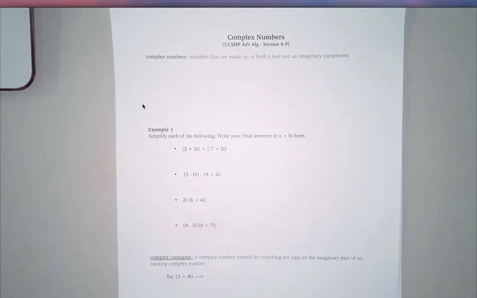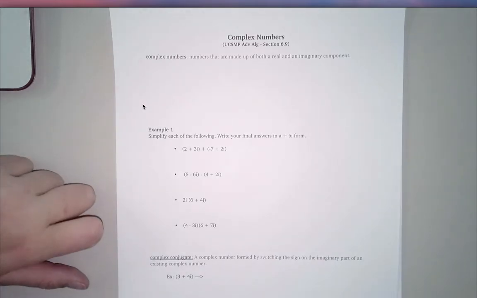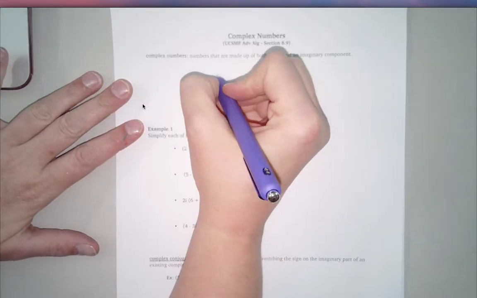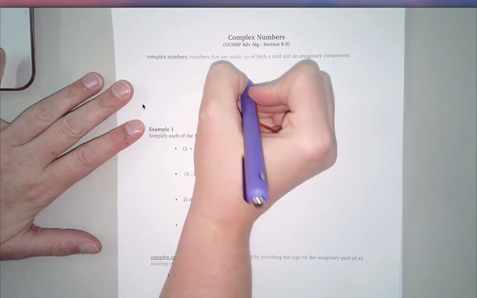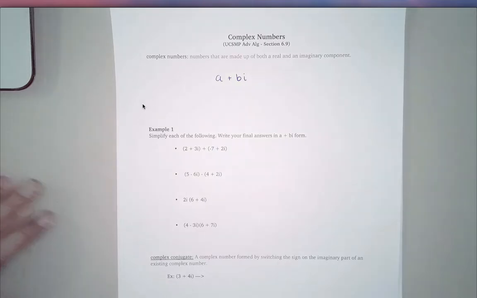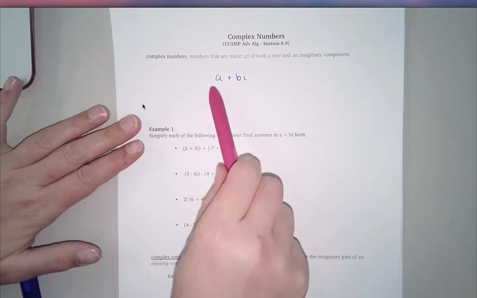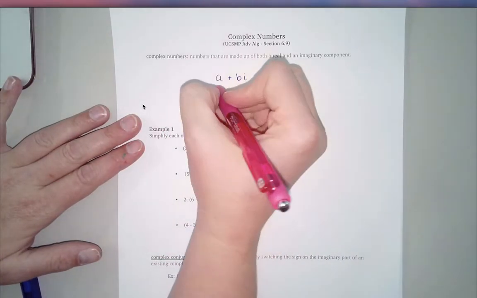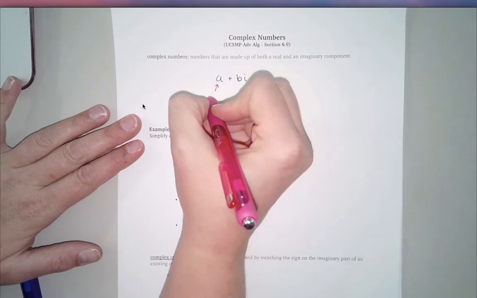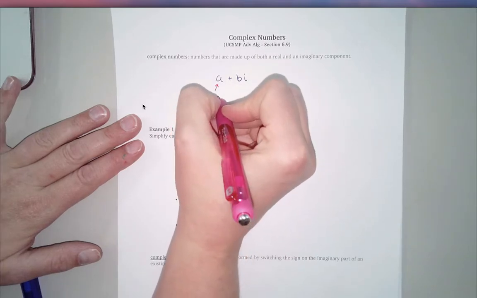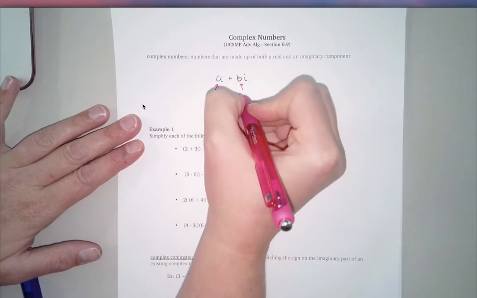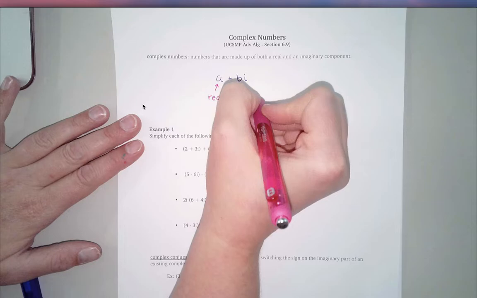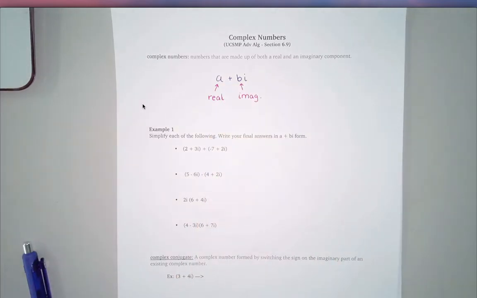Usually we think of numbers as like a single digit or a group of digits. But with complex numbers, our numbers are actually going to be in this form. It's going to be like something plus something else, okay? And when we have a number that looks like this, this is called the real component because this is a real number since it doesn't have i on it. And this is an imaginary component. And when you take the real and the imaginary and you put them together, that's what gives you a complex